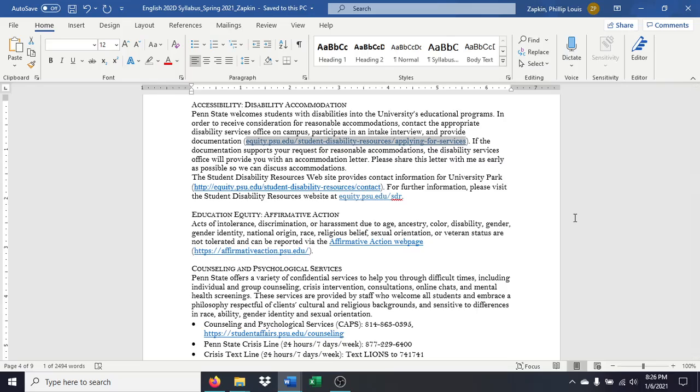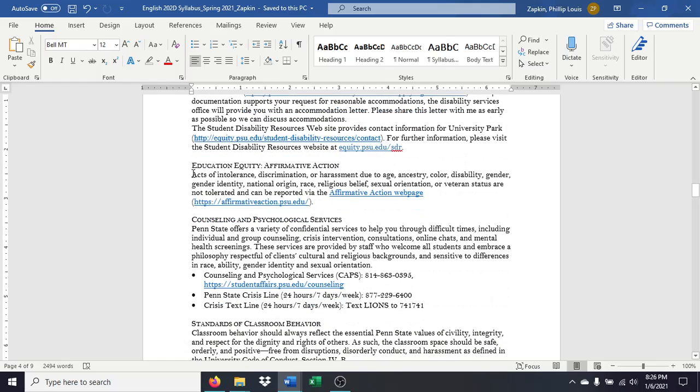So if you have a learning disability, you need to contact Disability Resources. They will get you a letter that you will then give to me, and we will figure out from there what kind of accommodations you need to be as successful as you possibly can be in this course. So that's the goal there.